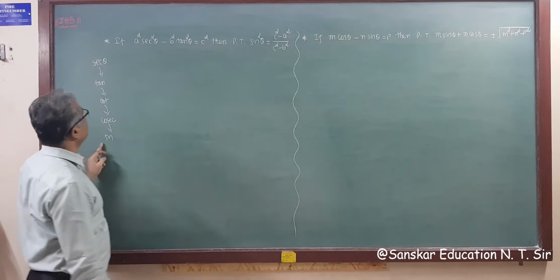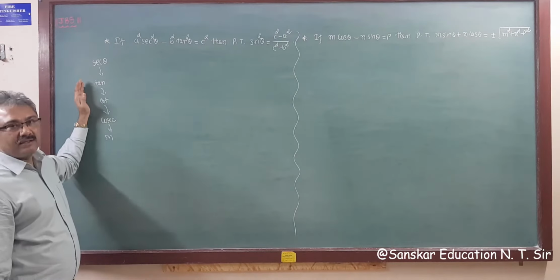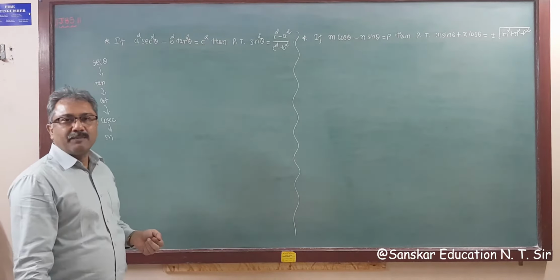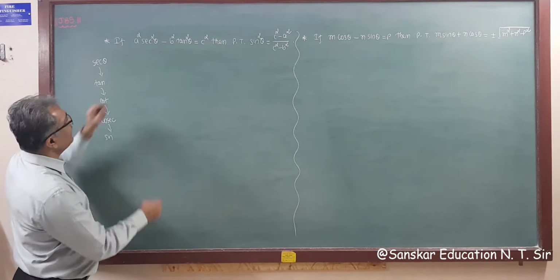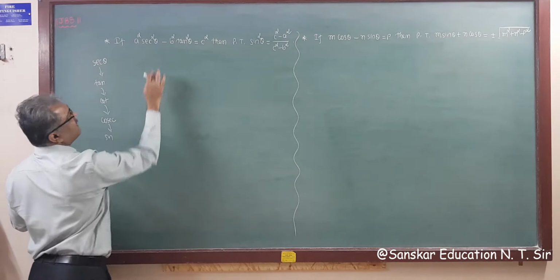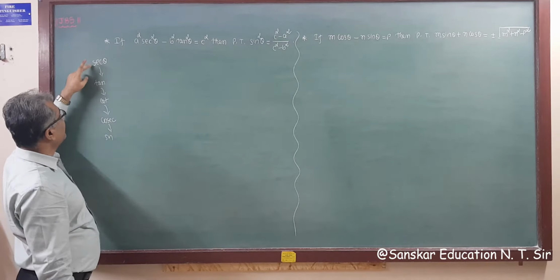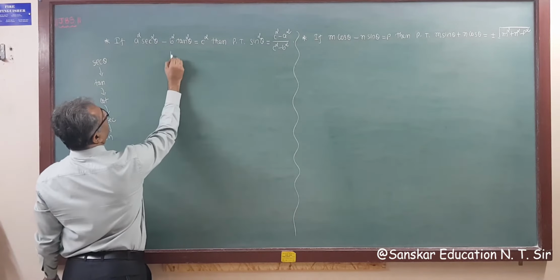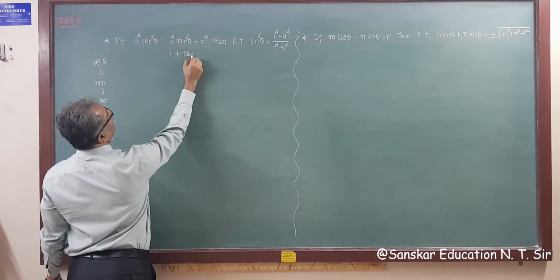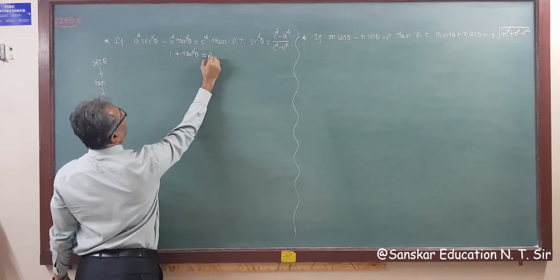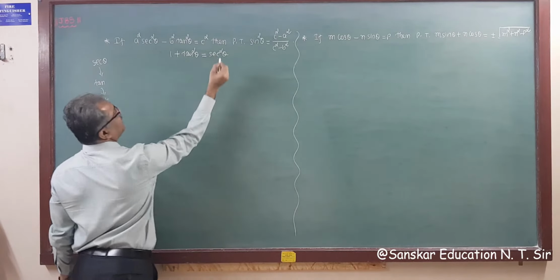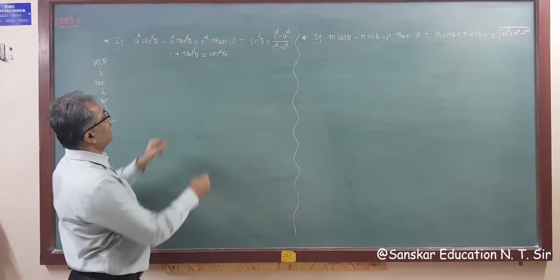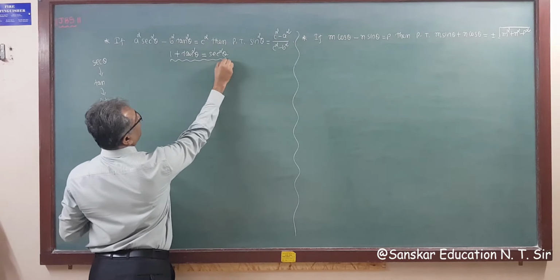So see, this is a nice question of transformation of one function to another function using the proper formula. So what is given here? a sec square theta minus b tan square theta. So what we decided? We want to change this sec into tan, and you have the formula 1 plus tan square theta is equal to sec square theta. So instead of sec square theta, what do we have to write? 1 plus tan square theta. So applying this formula, right?